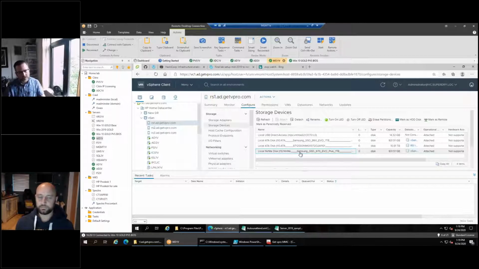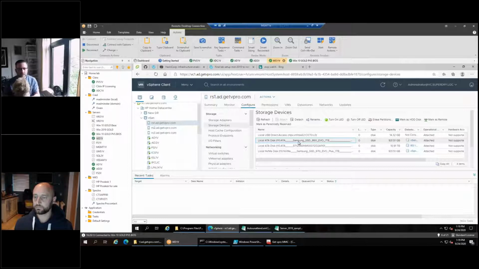The limiter here, if you see, so these guys, the 970 Evo Plus, the reads and writes are about 3,500 megabytes per second. This guy drops down to about, I think, 1,100. I don't have the specs in front of me. And then obviously the greater limitation would be 10 gig networking, which would be about 1,000 megabytes a second. So basically my storage is as fast as can be. If I'm doing local stuff, it's going to be really quick. And if it's going to go on the network, it's going to be limited to 10 gigs, which is